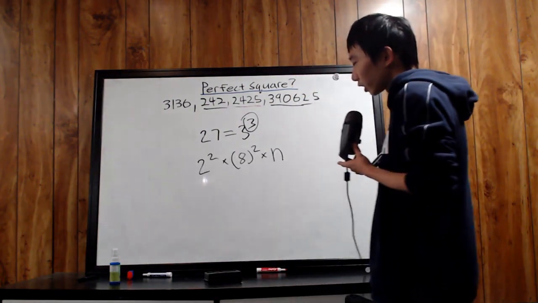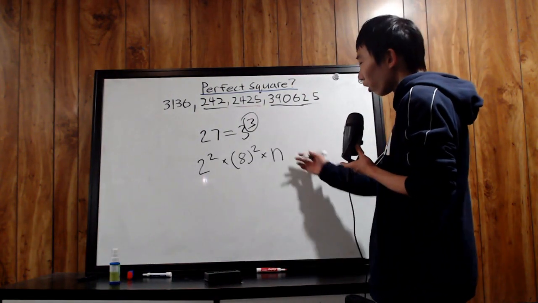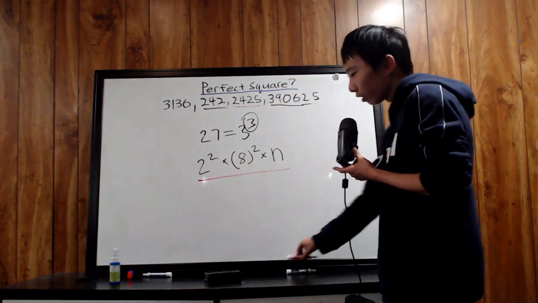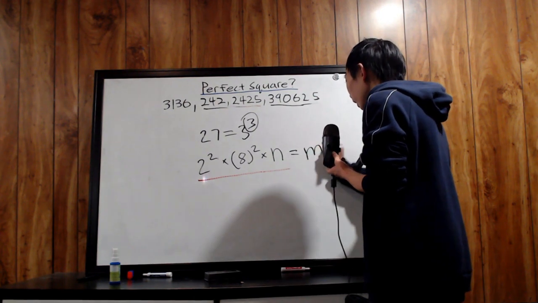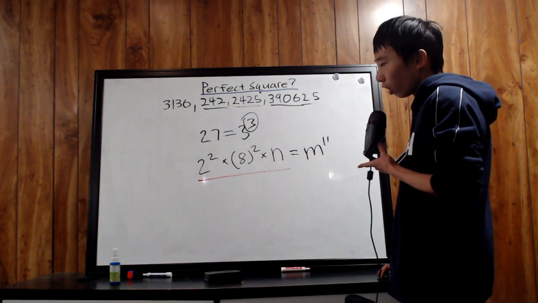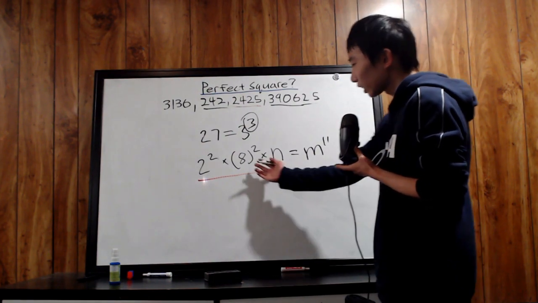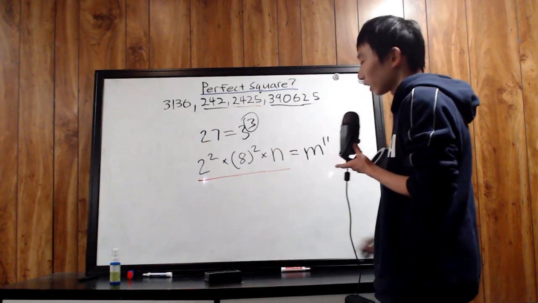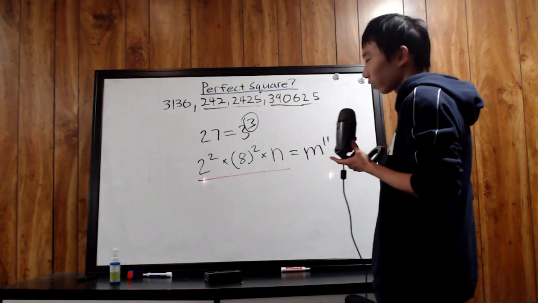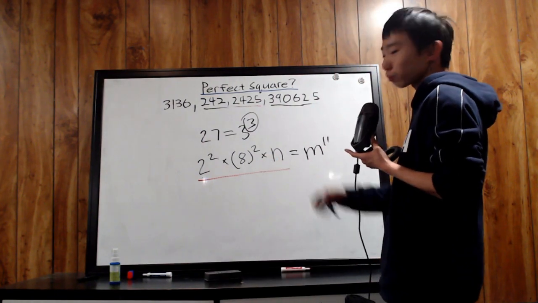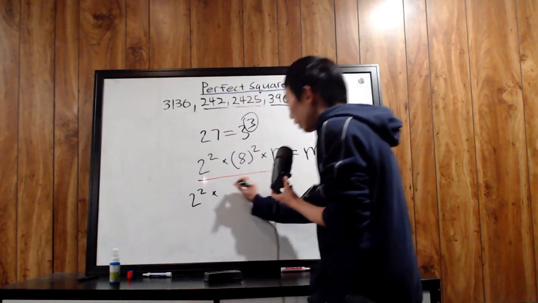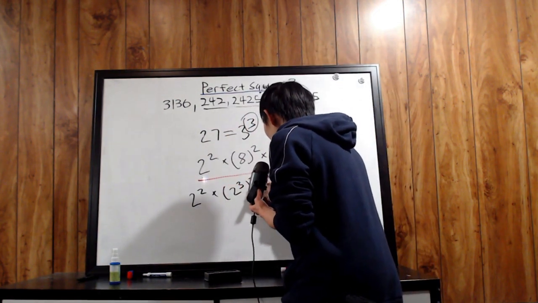If I gave you this expression, and I told you to give me the smallest value of n such that this is a perfect 11th power, meaning that this is equal to m to the 11 for some positive integer m, what would you do? Always write the number part of this expression as a prime factorized expression. Now, this is already prime factorized, but 8 is not, so let's prime factorize it. We have 2 to the 2 times 8, which is 2 to the 3, so that's 2 to the 3 squared